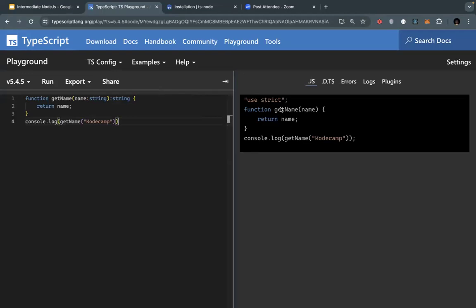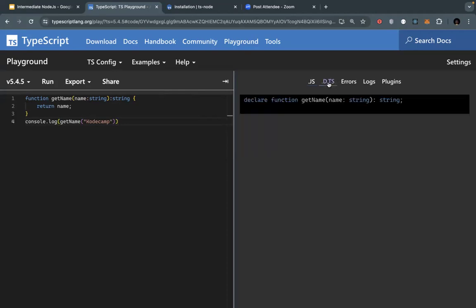So this is the equivalent JavaScript code to this TypeScript. And here you already know what the use strict directive does in JavaScript. This is ensuring that your code is running in strict mode in JavaScript. So if you open this here, this is the type declaration for this function. This function takes in an argument of